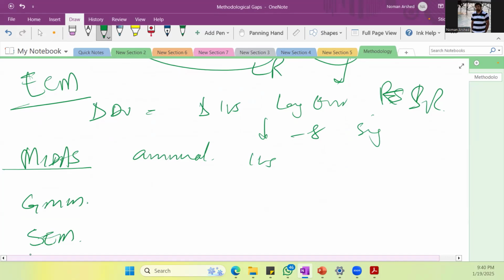If your dependent is discrete, you apply logistic regression. If your independent variables are highly collinear, but you don't want to drop them, you apply ridge regression. If your independent and dependent variables are mixed on frequency, you apply MIDAS. If there's endogeneity, GMM. If there's simultaneity, you use SEM, mostly applied in questionnaire data, but it can be applied